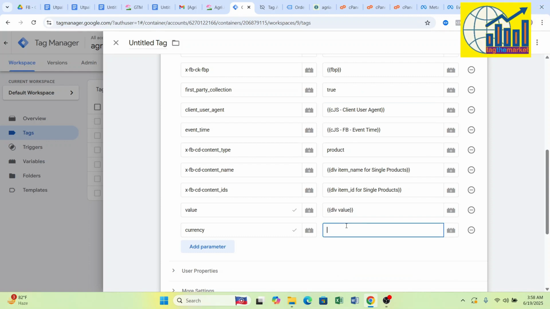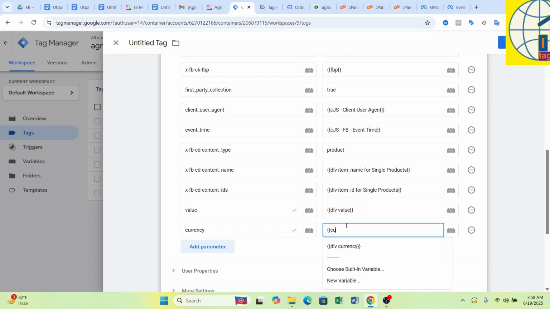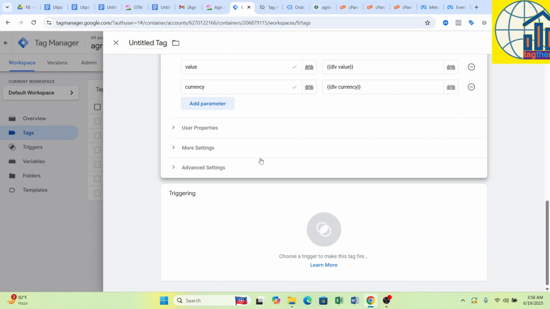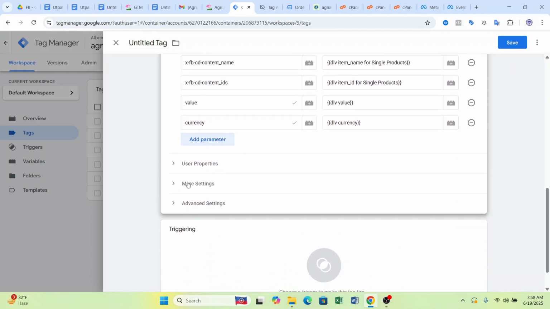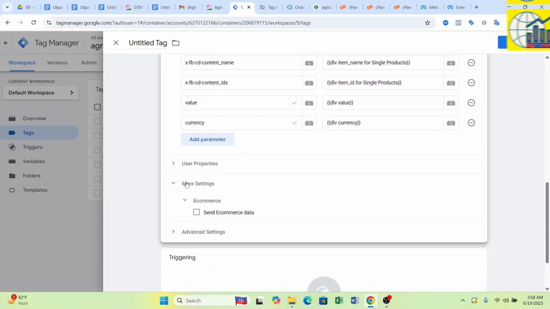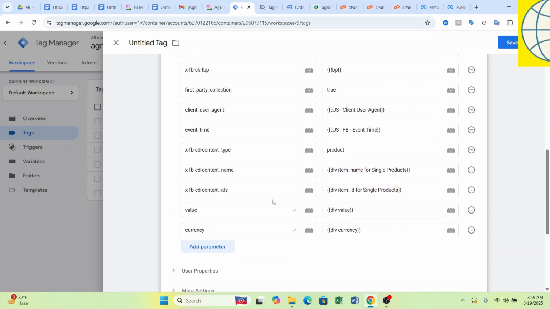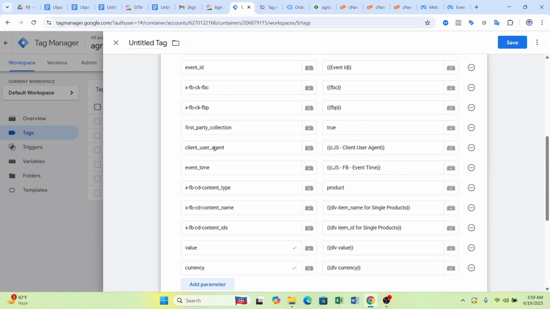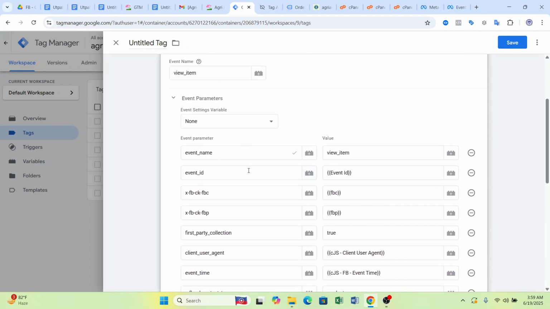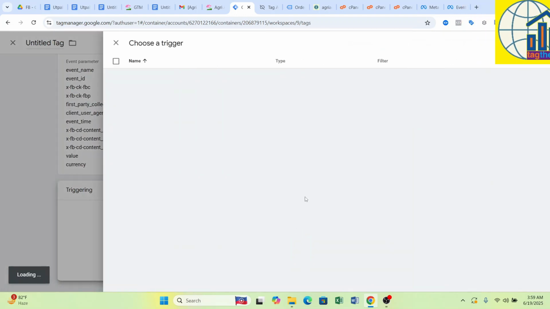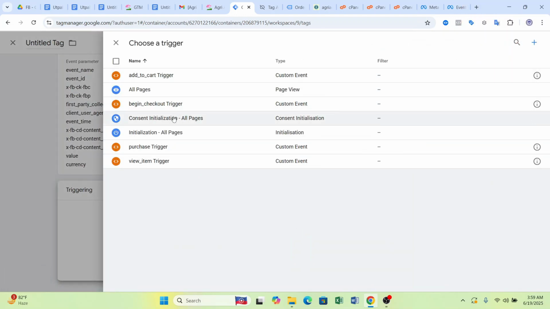So this is value and currency. E-commerce data. So event ID, where is the event ID? Yes, it's event ID. And then this is for view item